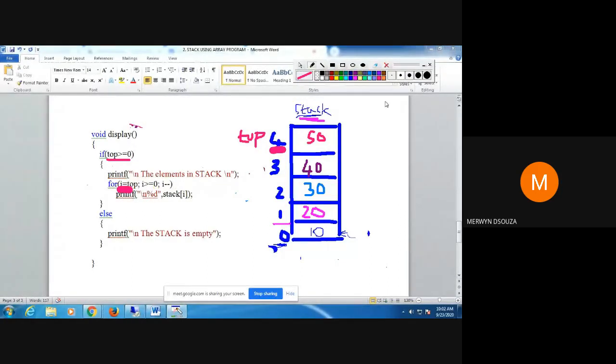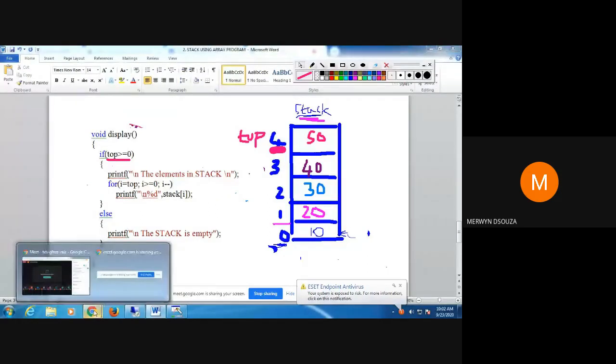Can someone think and tell me why I wrote the condition i equal to top? Why don't I write here i equal to n? Why don't I write here i equal to 4? Why write here i equal to top?